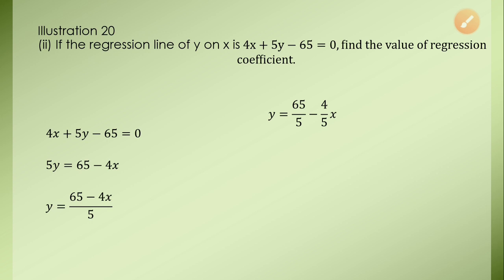Now it looks like y is equal to a plus bx. The digit which is multiplied with x is always b, as I told you, you remember. Minus 4 by 5 is being multiplied with x, so b is minus 4 by 5, which can be written as minus 0.8. So again we solved another one, that is b is equal to minus 0.8.